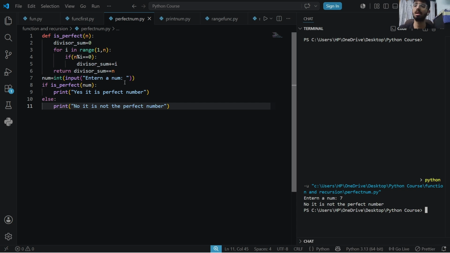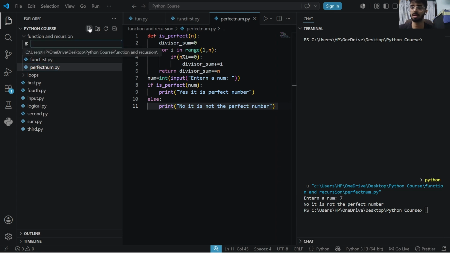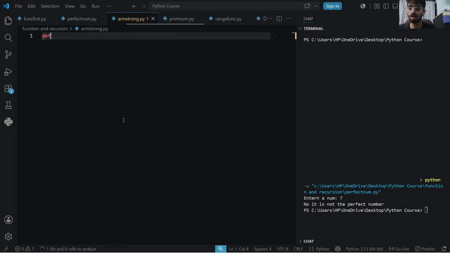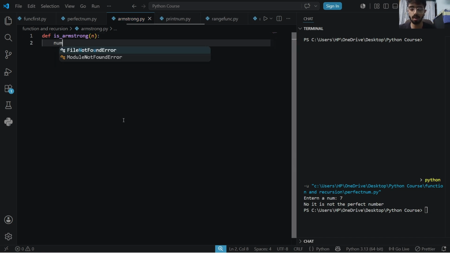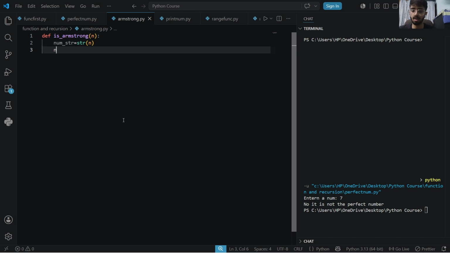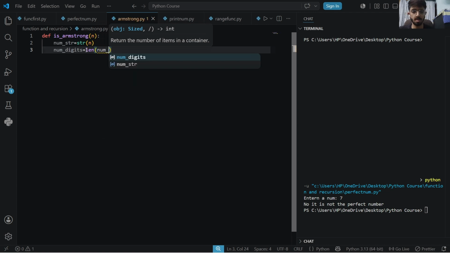So let's make a new file, Armstrong.py, and make a function is Armstrong, taking n, and numstr equals to string n, and num digits, length of it,